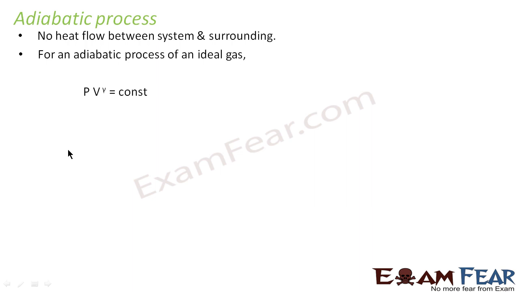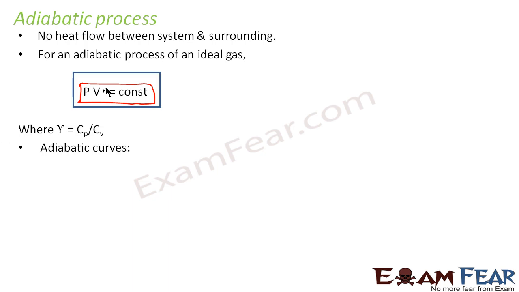The equation for an ideal gas is PV to the power gamma is equal to constant. Now what is gamma here? Gamma is nothing but specific heat ratio. You remember I spoke about gamma in some of the previous slides, where gamma is nothing but Cp by Cv, right? So the relation in case of isothermal process was PV is constant. Here PV to the power gamma is constant. Now you do not bother about how we reached this equation, that you will study in your higher classes, but for now you can just remember this.